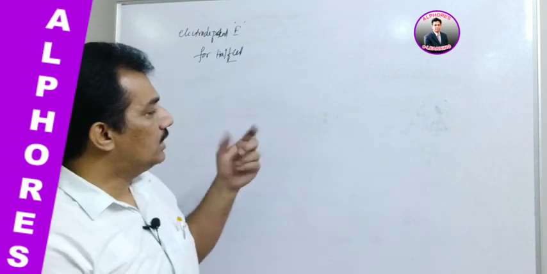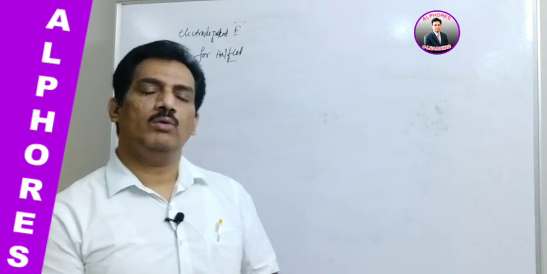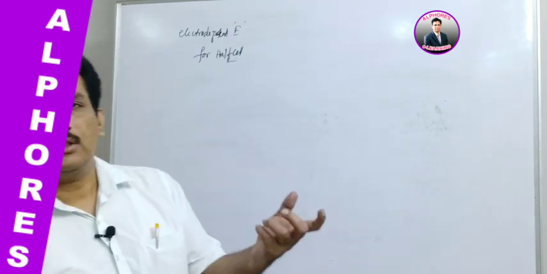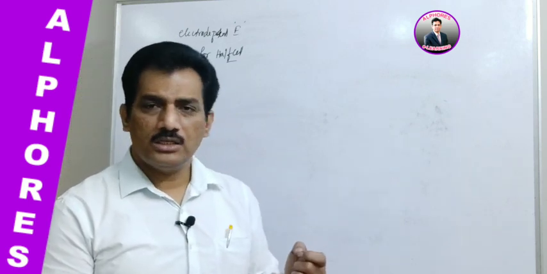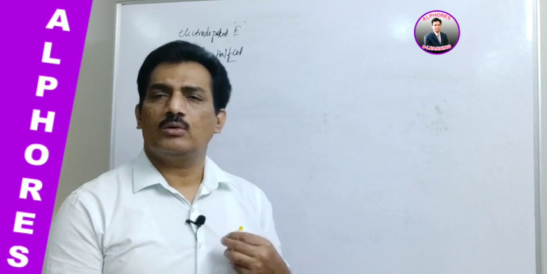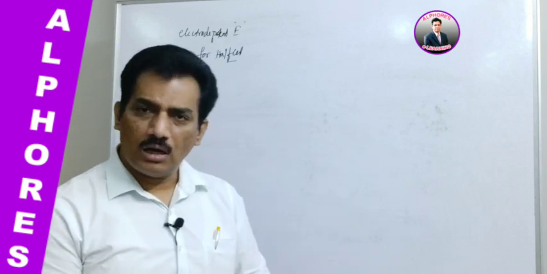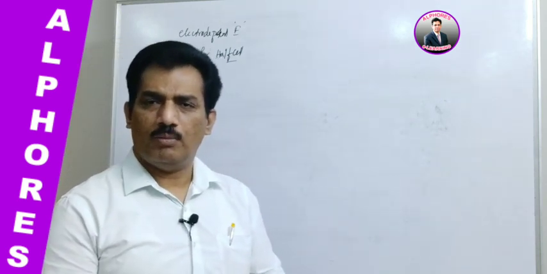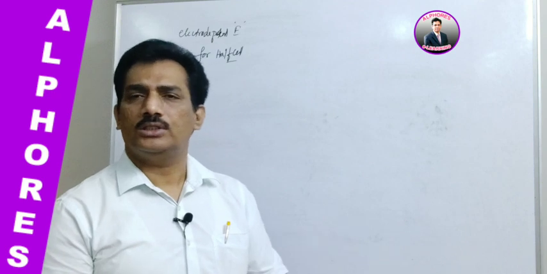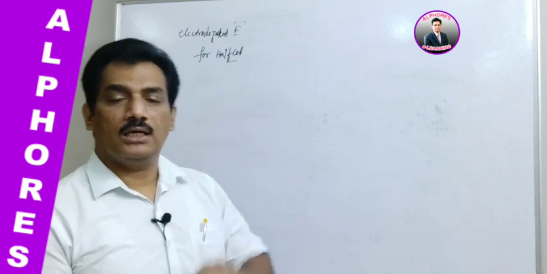Clear? Now the other one is, if it is at other than unit concentration, how do we get it? It is nothing but by using the Nernst equation. Any half cell electrode potential at other than unit concentration is equal to E0 of that half cell minus 0.0591 by n log concentrations. Is it not? And now here it is a third method.